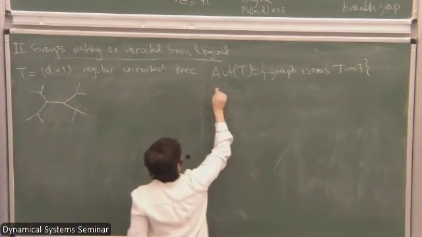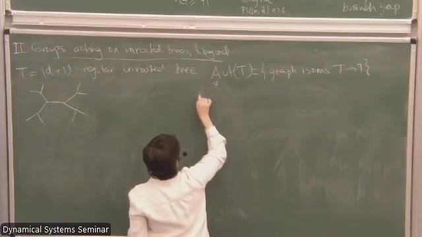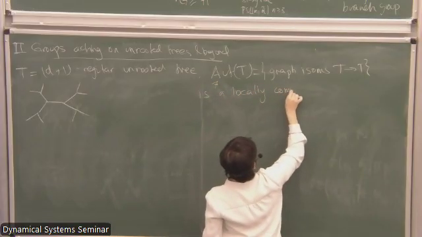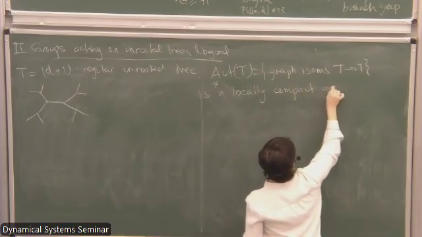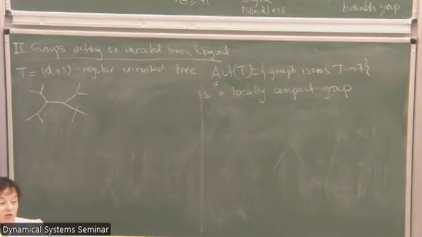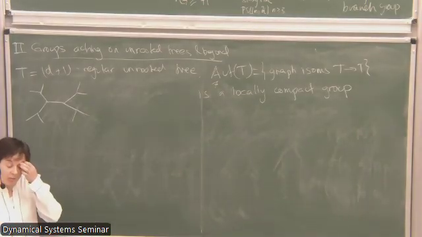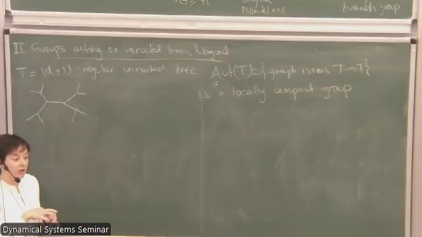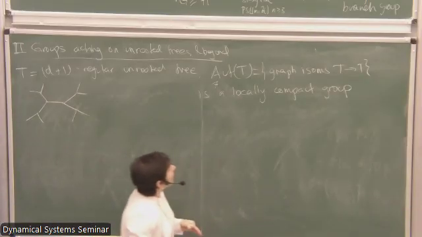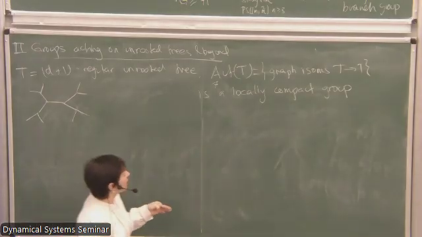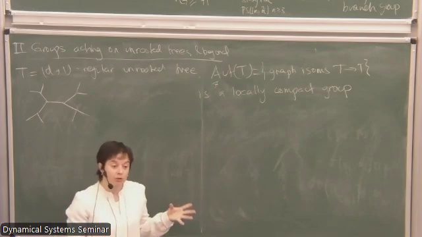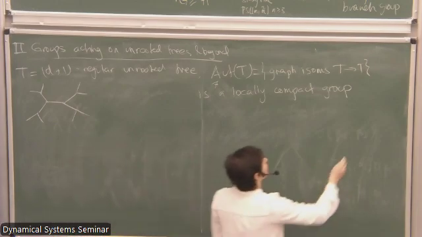So this group is a locally compact group. In other words, I can put a topology on it which is locally compact, so every point has a compact neighborhood. And this is a group topology, meaning composition and inversion are continuous. And why can I put this topology? Well, it's a locally compact group because